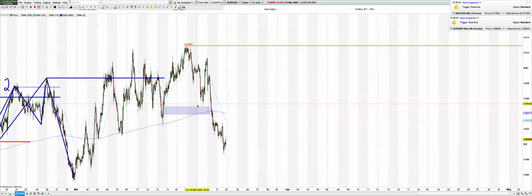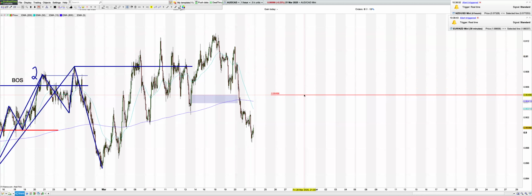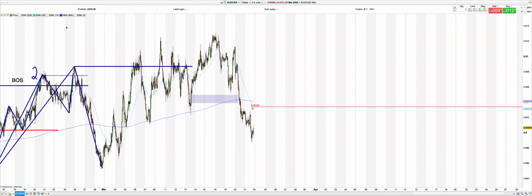Now, what do we have here? We don't really have much to go on here, so we're going to have to wait for some action. I personally favor taking out the previous lower high and seeing what we can build from there. So moving on,